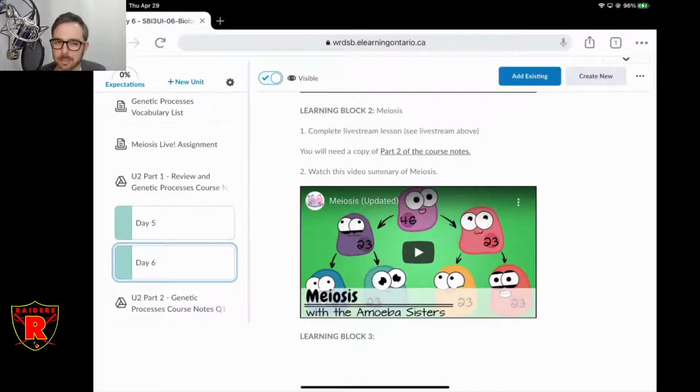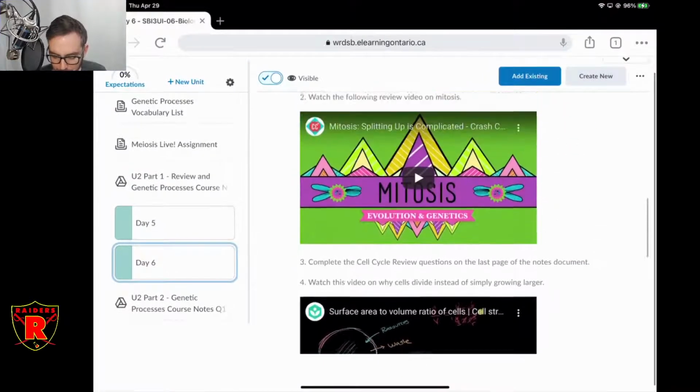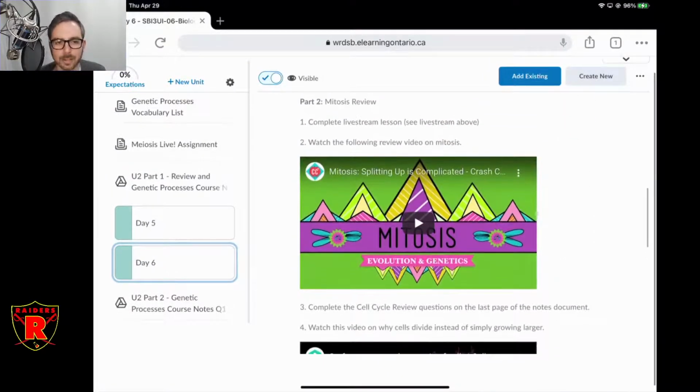It's similar to mitosis, which is why we're reviewing mitosis first, but it adds a whole bunch of extra complicated stuff into it. So it's really important to have a good foundational understanding of how mitosis works before that. So if you remember interphase, prophase, metaphase, anaphase, telophase, cytokinesis, IPMATSI, or